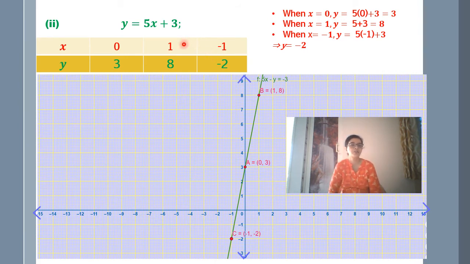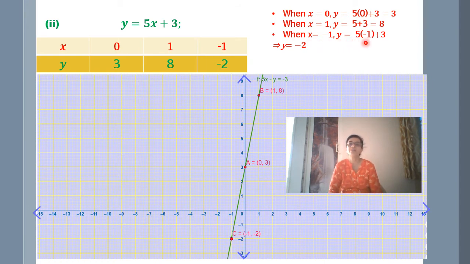That also I have mentioned previously, that you use smaller values of x like 1, minus 1, 2, minus 2. Then you will do it very easily. So here in the second column, I have used the value of x is equal to 1. When I use it, 5 into 1 is 5 plus 3, that is 8. I get the respective value of y equal to 8. And I told you use 1, minus 1. So I have used minus 1, and I found that when I use minus 1, I am not getting a fraction. That you can do orally also.